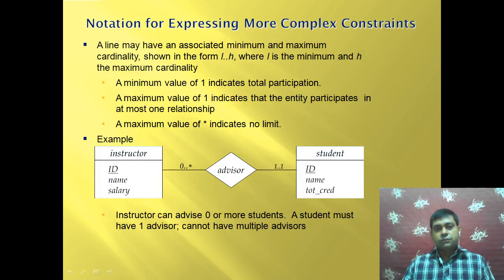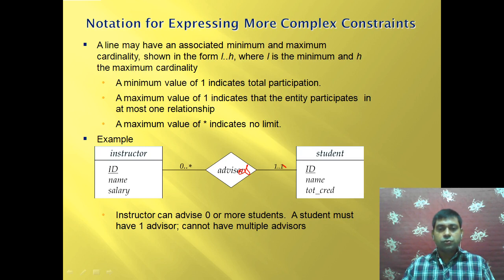Now, notation for expressing more complex constraints. Complex constraints like instructor: there may be 0 to many instructors who are participating in this particular relationship called advisor. It should be advises, because it should always be a verb in the relationship name. And here the student is the entity where the instructor is advising one student